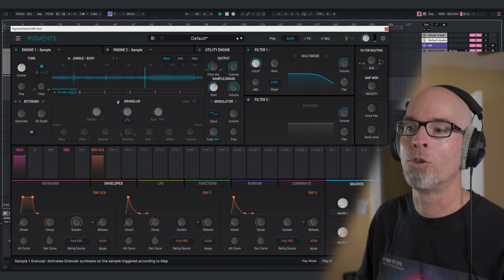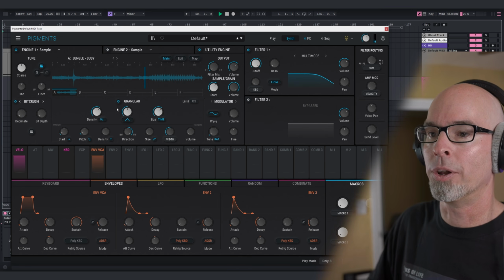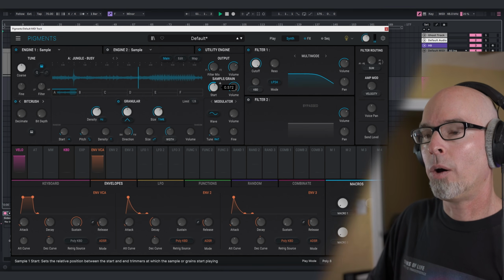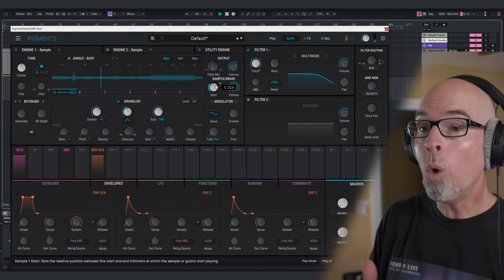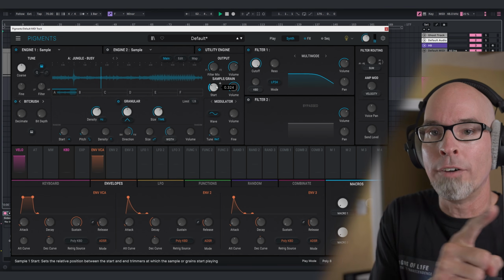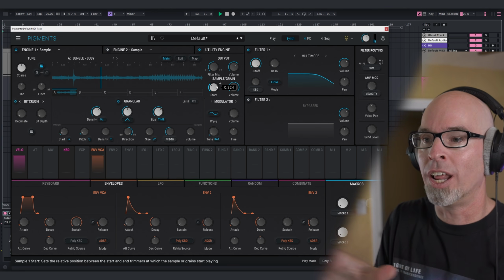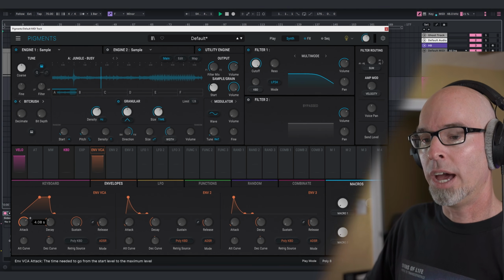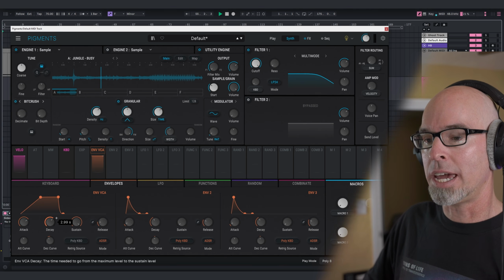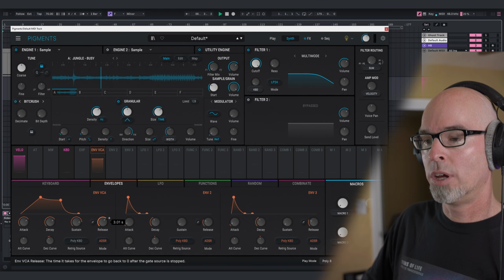We're also gonna put it in granular mode by clicking on the power button in the middle, all right? Now, how are we gonna move this around? Well, we can move it around with an LFO, or we can combine two LFOs to have sort of a combination and a random LFO. First things first, ADSR. So, attack around 5 seconds, decay around the same, sustain 80%, up to release to around